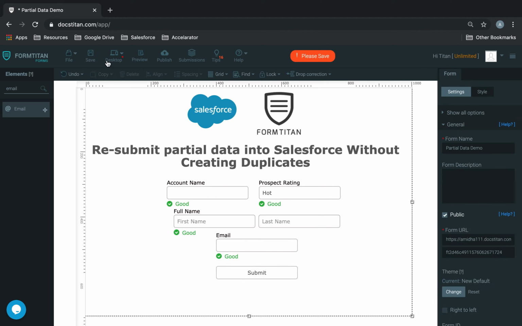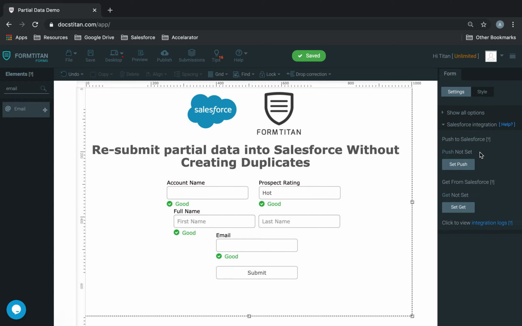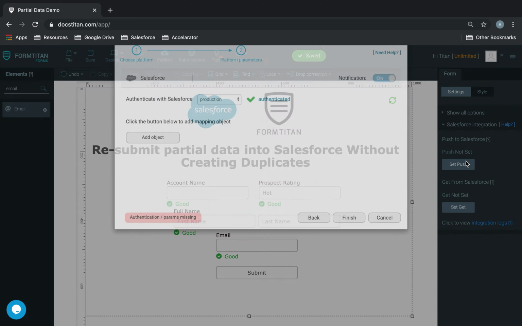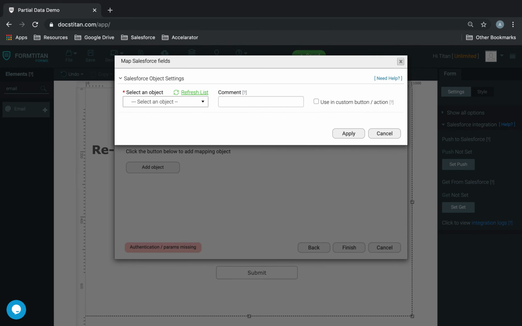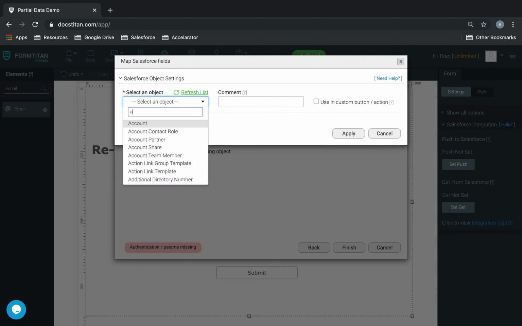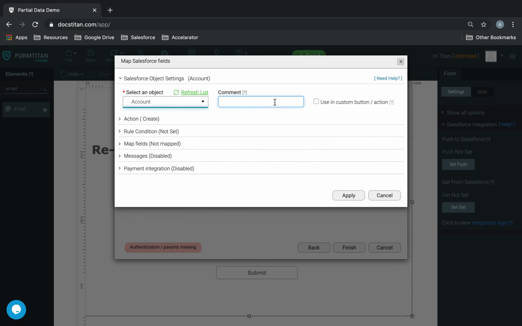However, what's going to happen is the contact is going to fail. It's not going to work, but the account will get created. All right, so let's do that first, and I'll explain why I'm doing all of this slowly as well so you understand. So let's create a push, and what we'll do is we'll say account, and then we'll say create account,